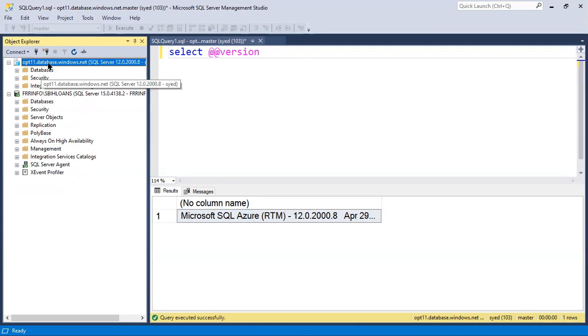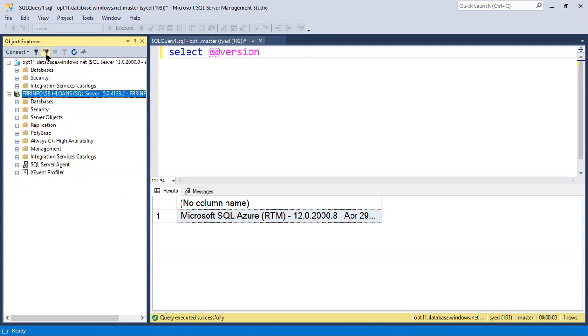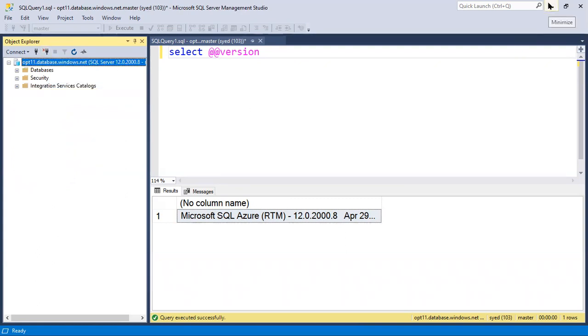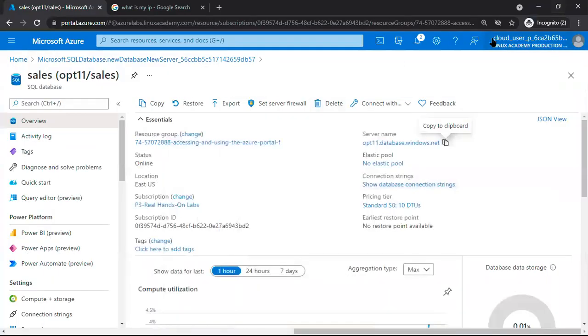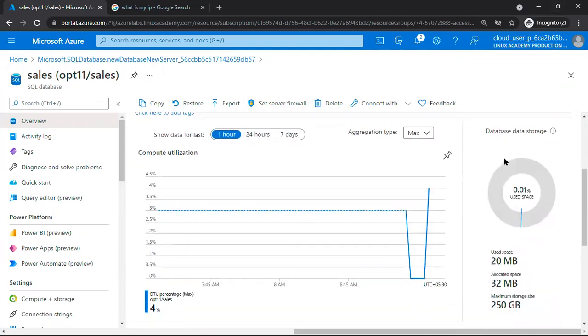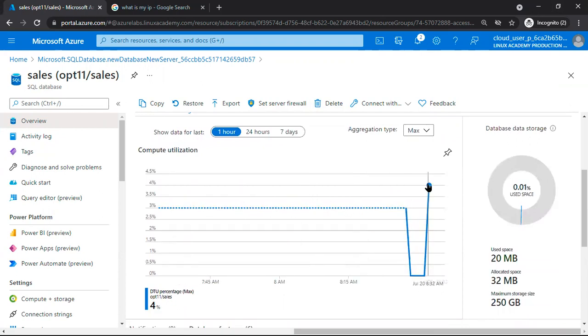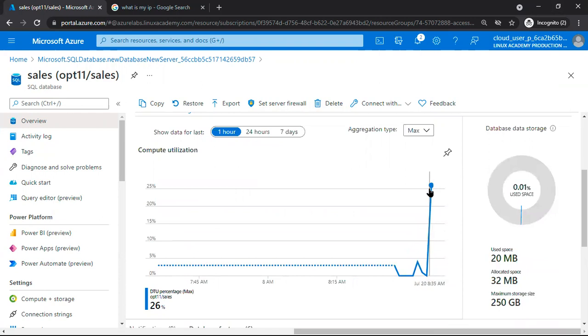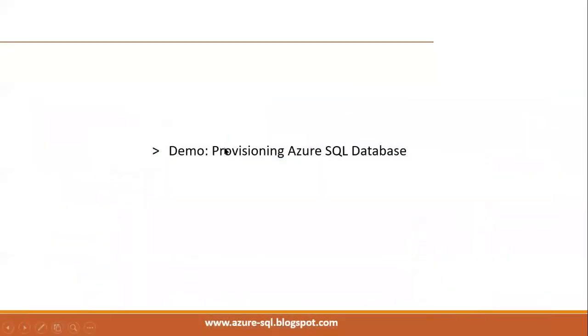That's why for automation, we are using separate services in Azure, Azure automation services. By using the Azure automation service, we can automate. We'll see that one by one. See how we have created, how we have provisioned the database. We have just seen how we can connect by configuring firewall rules. Check, your number of DTUs has increased. Yeah, we have used them just now while practicing.